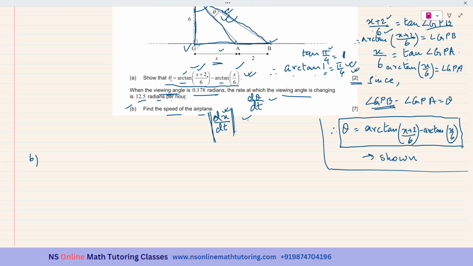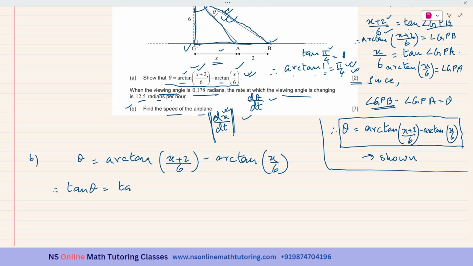So I will be taking the tan of both the sides. Since theta is equal to arctan of x plus 2 over 6 minus arctan of x over 6, therefore tan theta is equal to tan of